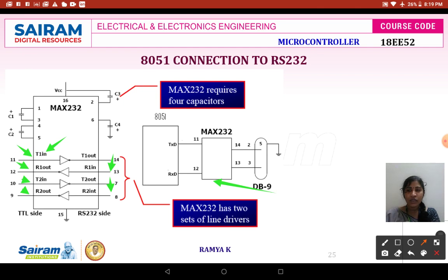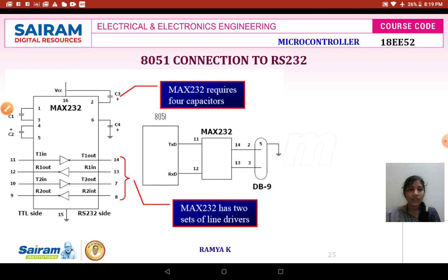Here we are going to consider one pair of transmitter and receiver. So the 11th and 12th pins connect your MAX 232 to the transmitting and receiving end of your 8051. This is the hardware connection representing the connection between your RS-232 and 8051 through the MAX 232 chip.